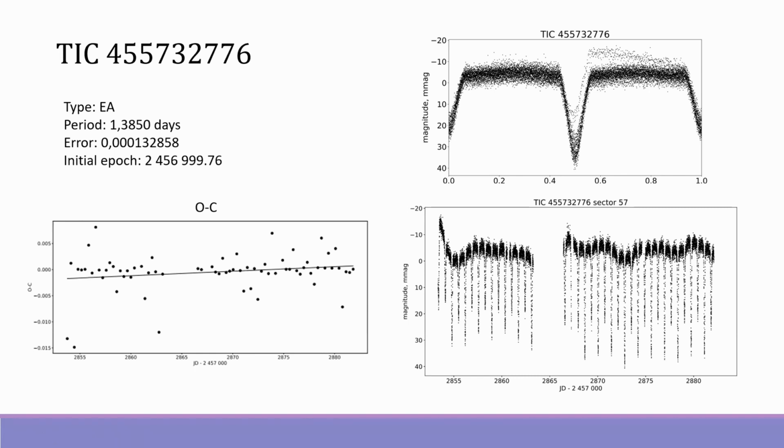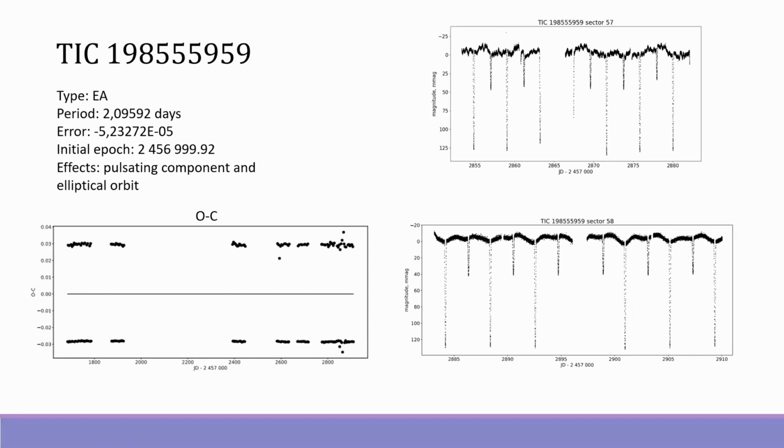So the O minus C for this star was plotted considering maxima and minima of the system. The absolute value of O minus C for maxima are significantly higher compared to values obtained for minima. The reason for it is the flatness of maxima, which sometimes causes the program to calculate the moment of minima with less accuracy, whereas sharp minima provide us with more precise results. Overall, the shape of O minus C curve does not indicate any unusual properties of this eclipsing binary for us.